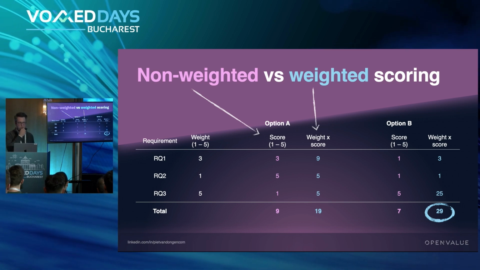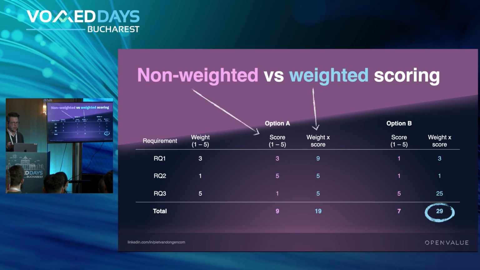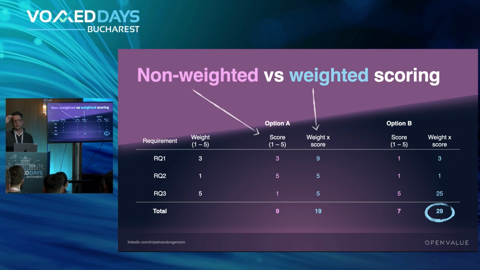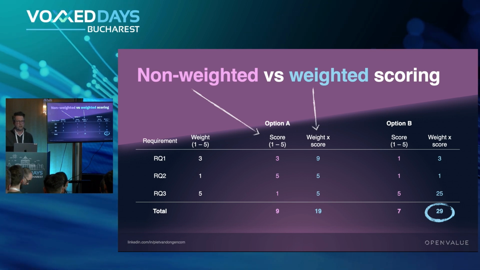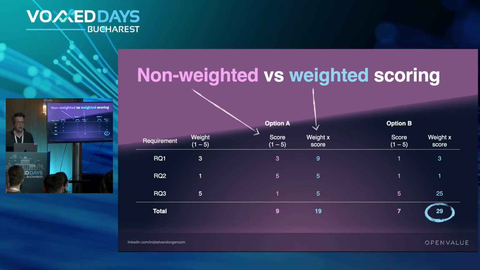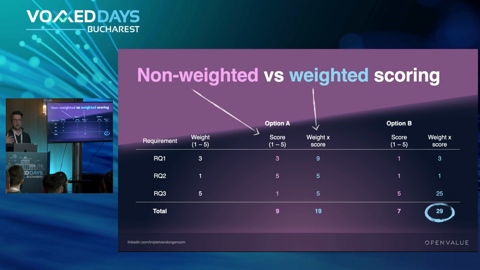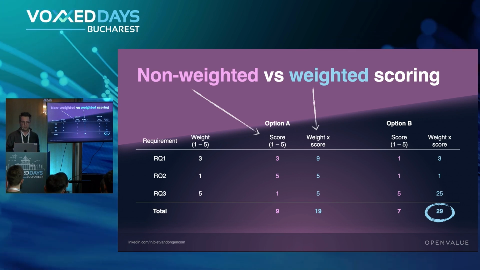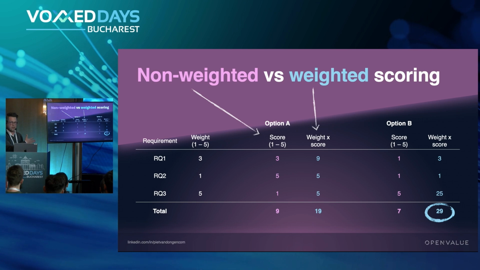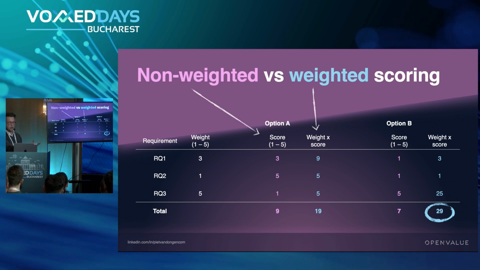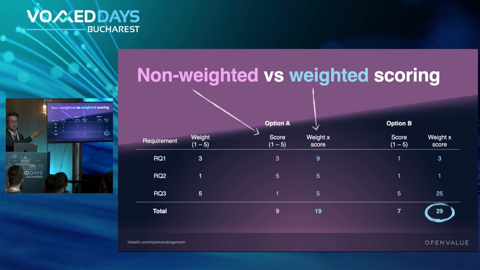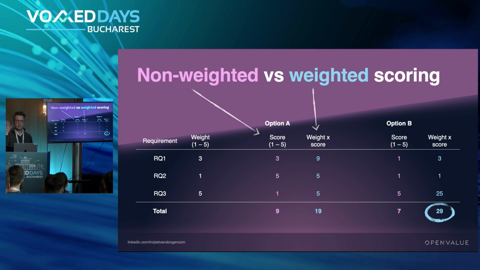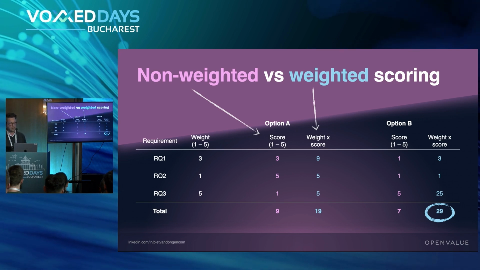If you weigh your scores, so if you would have said, okay, this requirement has a weight, this is a really, really important requirement because the CTO has a bag of money that he wants to give us if we do this quickly, for example. Or this is security stuff, we're a bank, we need to be very secure with our data. This is a really important requirement. Then you can multiply the scores you did earlier, and in this case, option B is the better one because the third requirement was much more important than the other 2. And this satisfies that requirement perfectly.